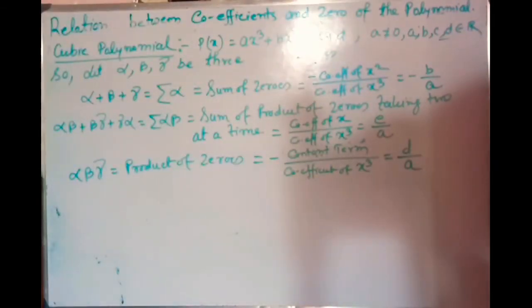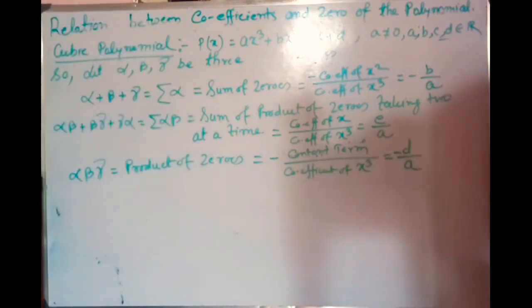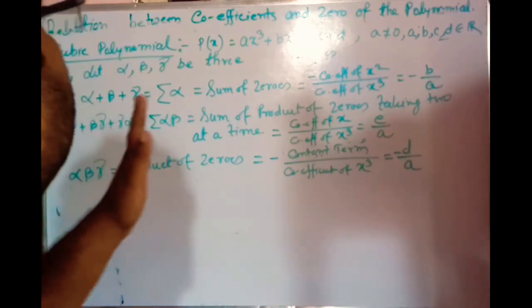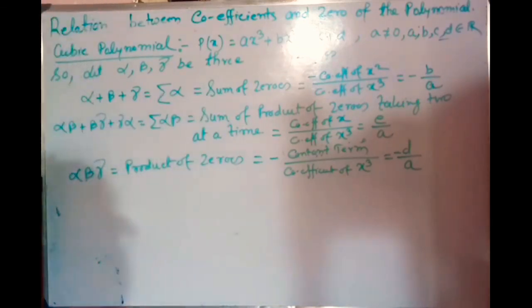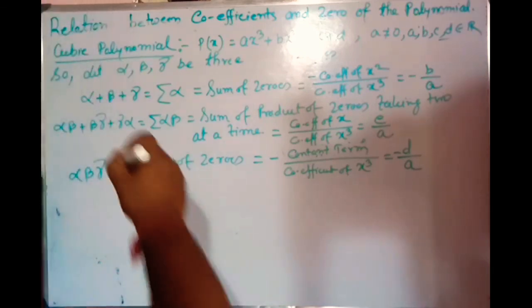Understood? So these are the relations between the coefficients and zeros of the polynomial. Since in the CBSE class 10 syllabus it is up to cubic